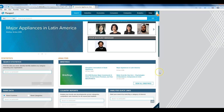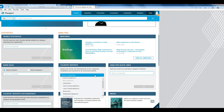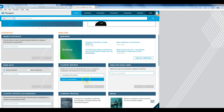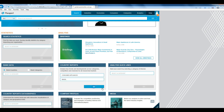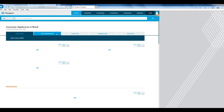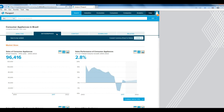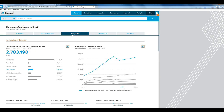And from the beginning you'll see the briefings, which includes their latest research reports. Or you can go to country reports, and so we're looking at consumer appliances, and let's select as our geography Brazil. When this report loads, it will begin with analysis of the industry. You'll also see data graphics. And then context allows you to see how Brazil ranks within the world in terms of retail sales,